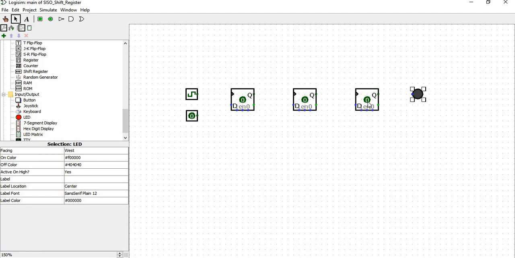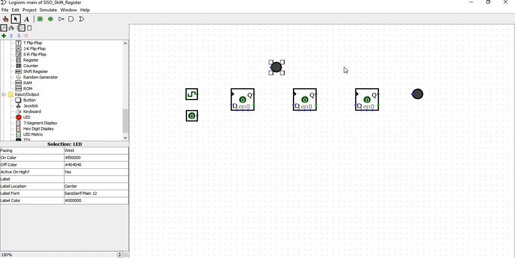Since we would like to see the intermediate stages, I am going to connect LEDs to the other flip-flops also, just to observe the changes that occur during each clock pulse.